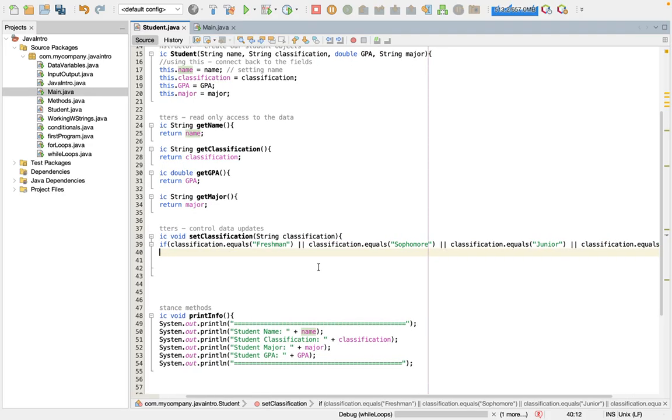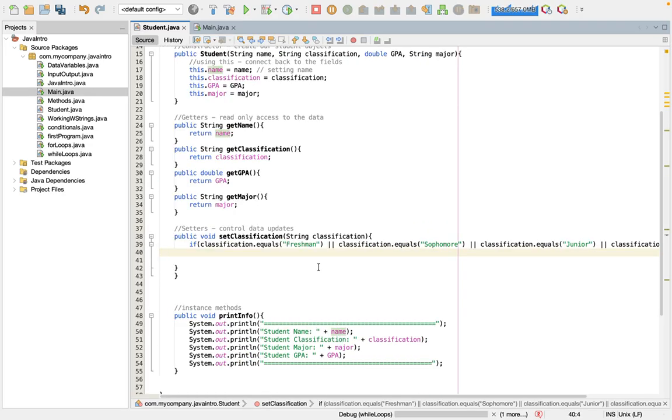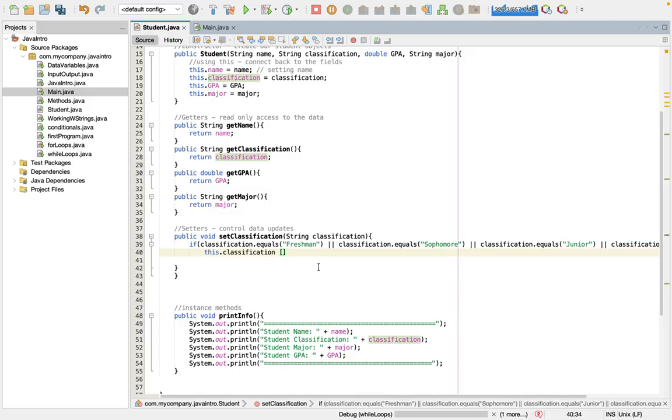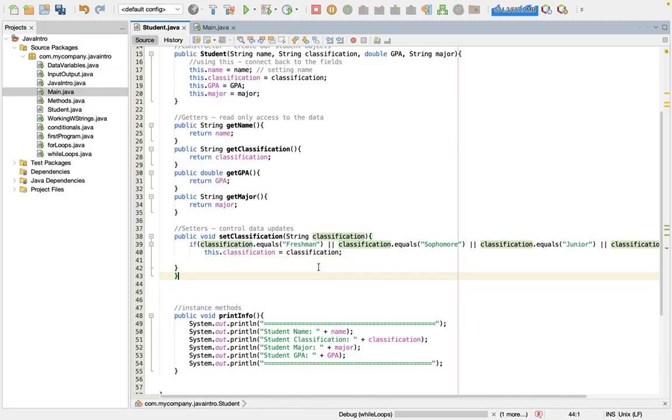I'm going to come inside of my if statement and then place some information in it. So we're basically going to check if our input is one of those. If it is, then we can say this.classification is going to equal classification. All right, so that's pretty much trying to add some control over what our user is inputting for our information. So this is going to be the end of our